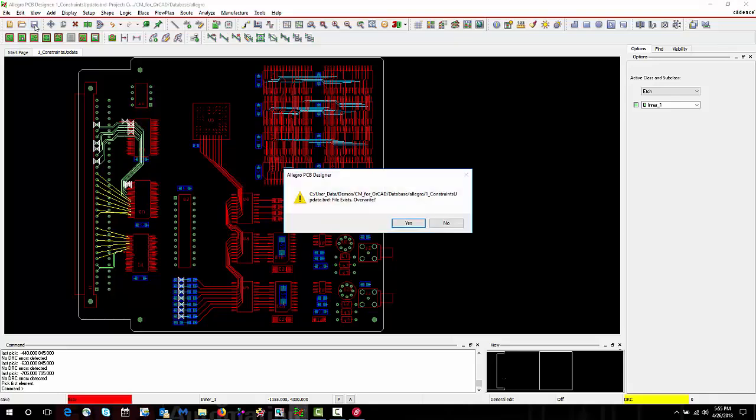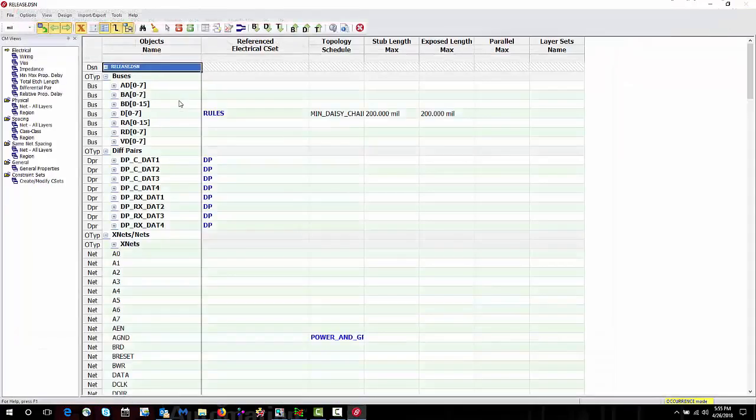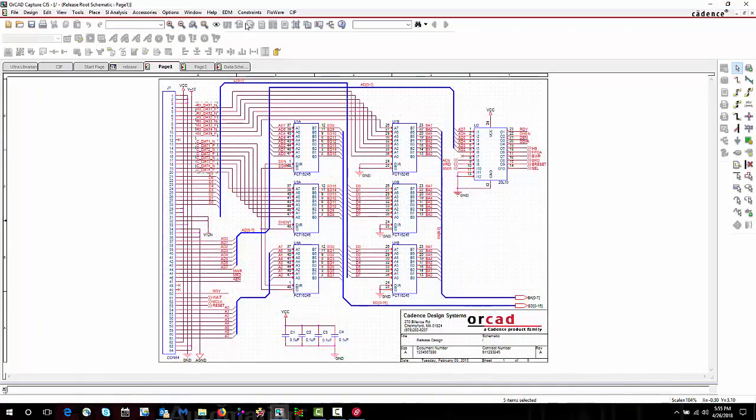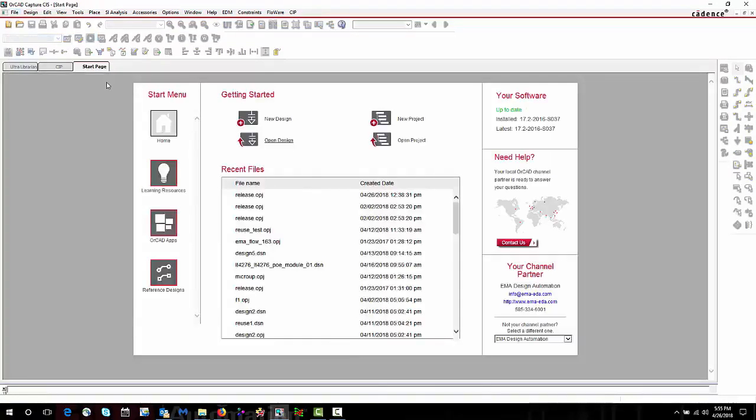I want to show you one other thing. So we have a new feature in the constraint manager for OrCAD. I'm going to go ahead and exit the constraint manager here. I'm going to close this design and open up a different design. So I have a design